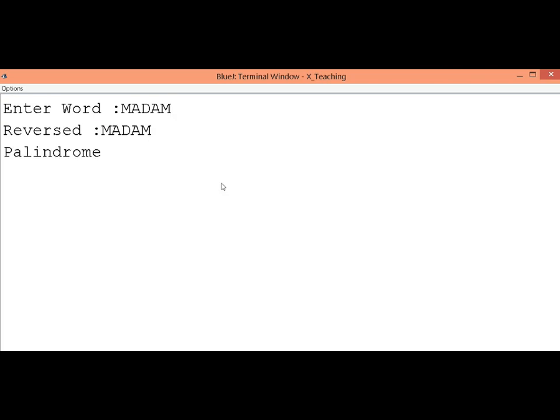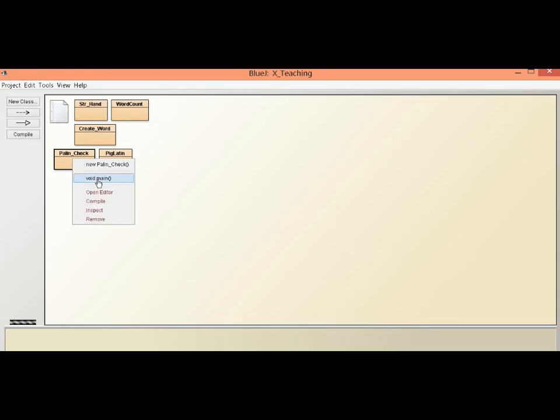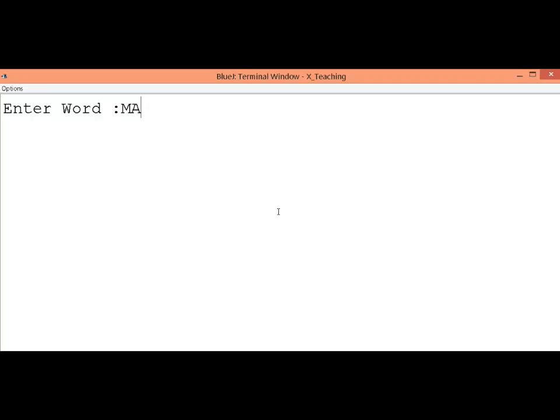The output is, again, the reverse word will be madam, obviously, and it is a palindrome word. Fine. You can try another one. Suppose I am writing Malayalam. If I enter, you will again get the reverse word Malayalam. It is a palindromic word.